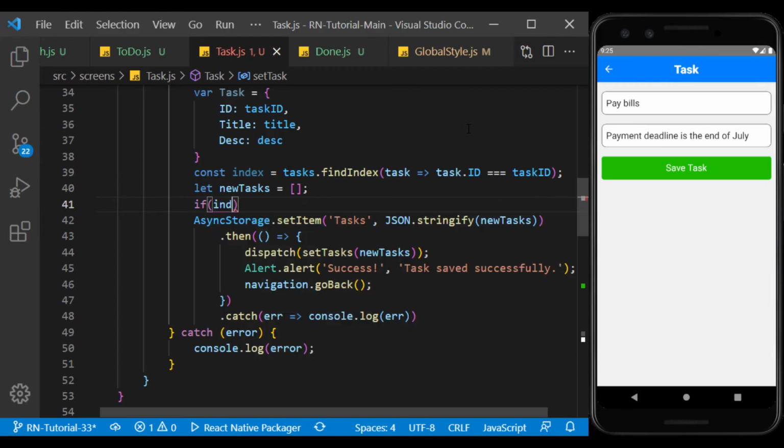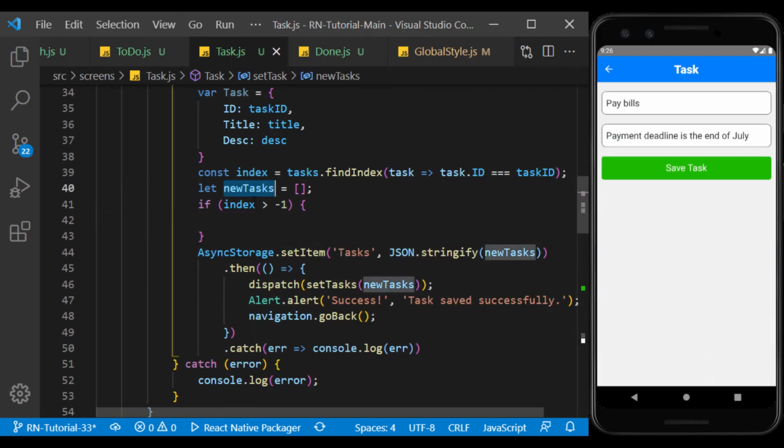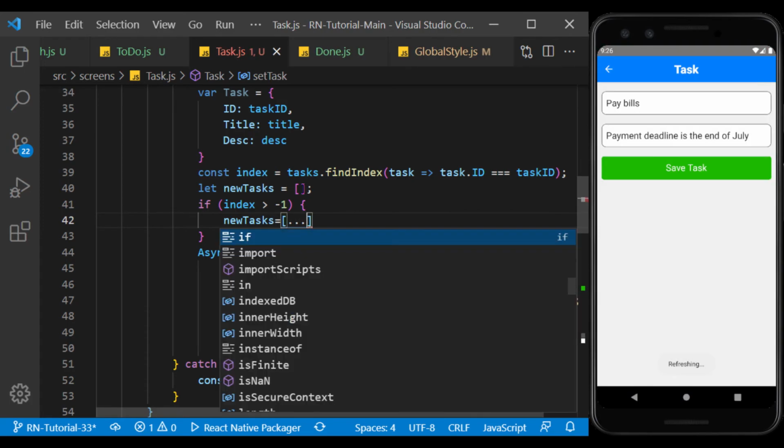If there is a task in the list, I will update it with a new object, and if it doesn't exist, I will add it to the bottom of the list.